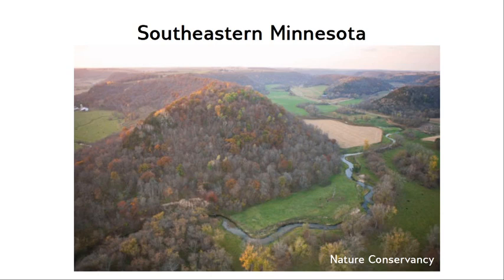Here's an example from the Nature Conservancy of southeastern Minnesota, and you can see this transition between a hill and a channel with a floodplain. If you look in the lower right quadrant of the figure, you can see this channel moving through its flat floodplain. The flat floodplain tells me that the river has moved laterally to bevel off a surface, and/or that it has aggraded, and so it used to have a lower valley, and it filled up the region underneath it. And I'm guessing that in this region it's more option B, although option A is probably happening as well, because